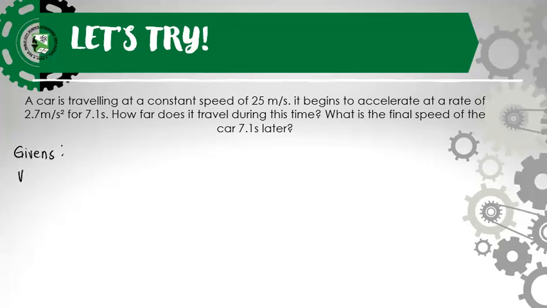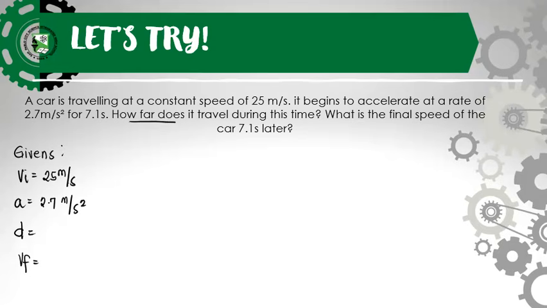Okay, so we have VI, which is 25 meters per second. So we have acceleration of 2.7 meters per second squared. And then we're going to find its distance. Okay, kasi how far. And then its final speed, VF. Okay, so first natin gagawin dito is to